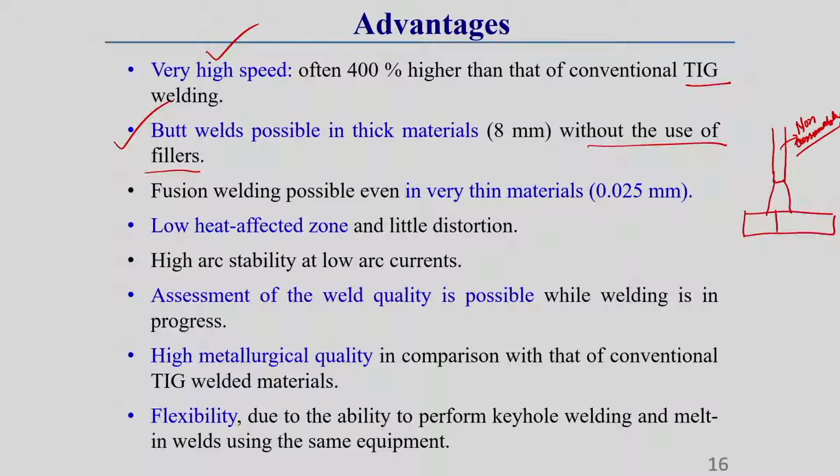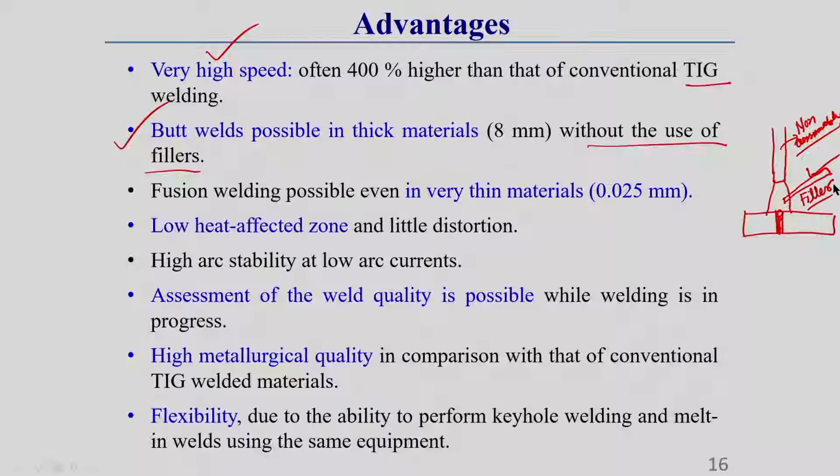So, if there is a gap between these two workpieces, a separate filler wire is used. This is not connected to any circuit part of the welding machine. It is a separate rod of material which is generally fed to the arc region. Once we feed it to the arc region, it melts and a droplet forms, which is deposited in this gap. So, this is called filler wire.